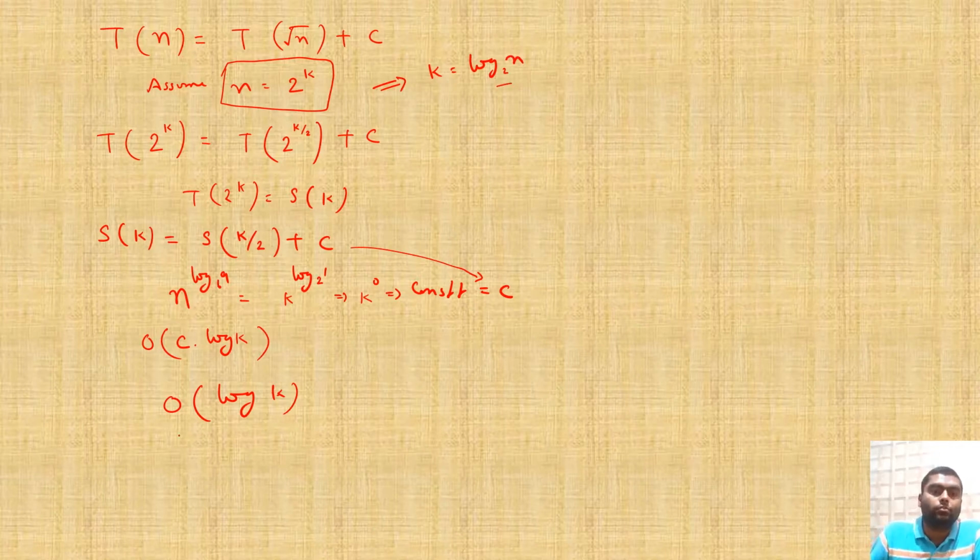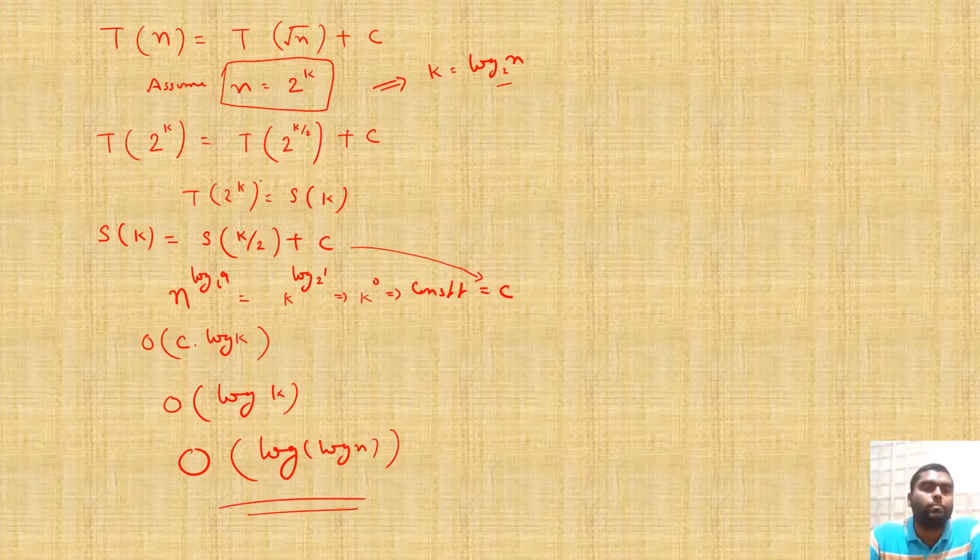Okay, so if you put this over here, finally you will get the time complexity as order of log of log. So this is the time complexity for this recursion. Here, if you solve it otherwise, I solved this simply using Master's method, or otherwise you can solve it by the recursive tree method, or the substitution method. So you will get the same answer.